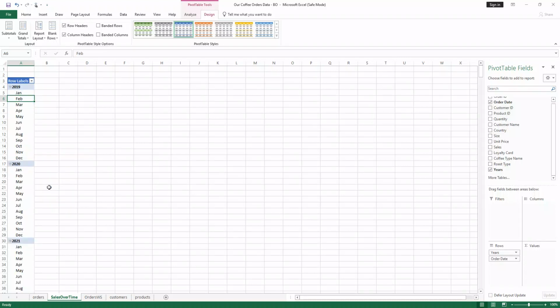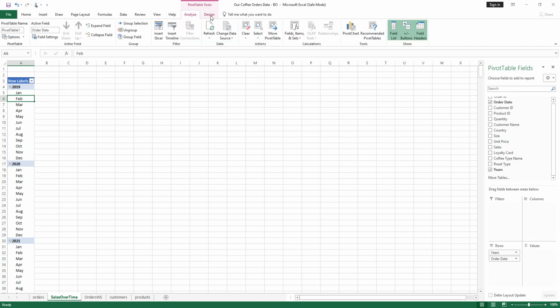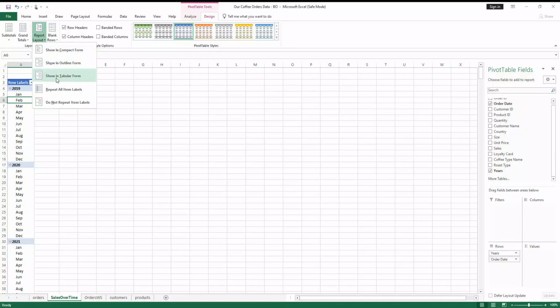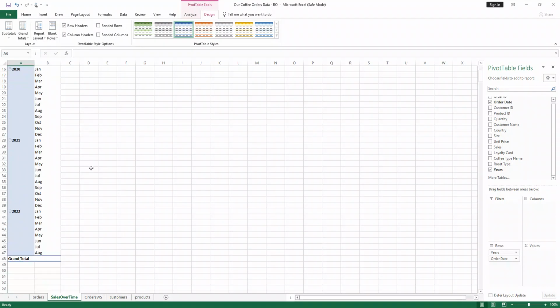Okay. And just for purposes of having a nice table, for the design, we can just choose a layout that is tabular. Okay, that looks great. Now we've gotten rid of the subtotals. That's okay. So we can move on with